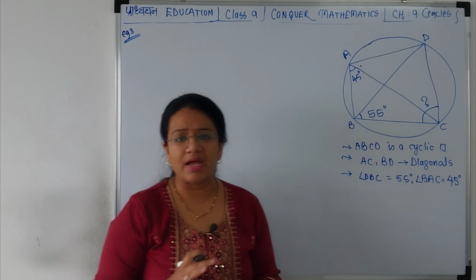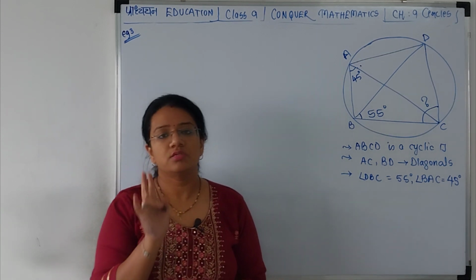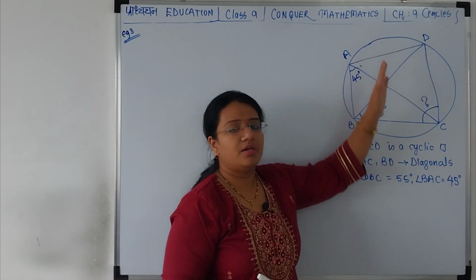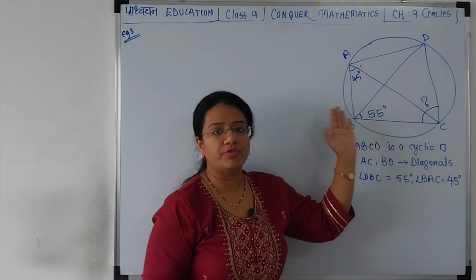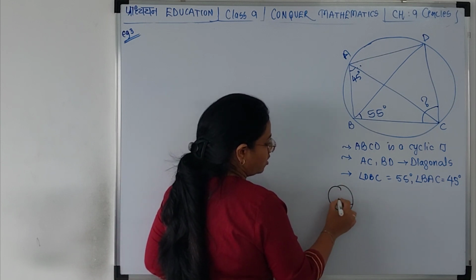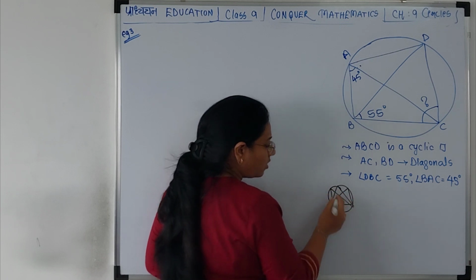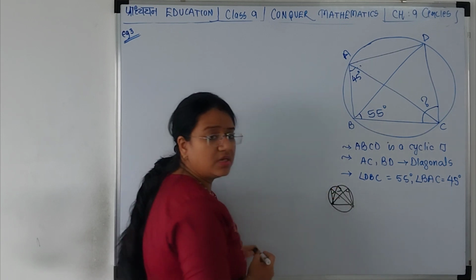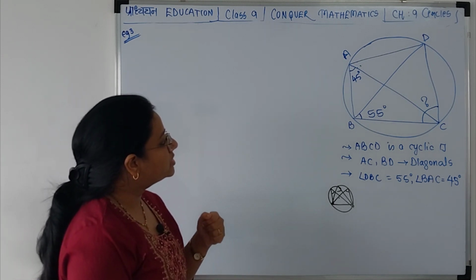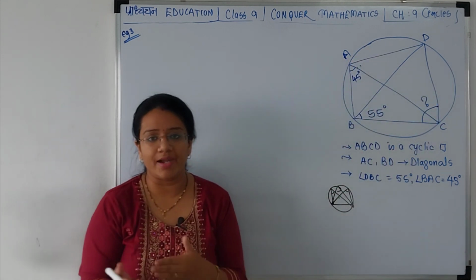This looks big and a little complicated, but it is not at all. Let's understand. Again, the two concepts that you have to apply are that the angles made by one chord on the same side of the circle are equal, like I explained in the last video, where this is the chord, this is the center, then these are the angles made by the chord on the same side, so these angles will be equal. So that is the concept that you have to utilize. And another concept that you have to use is that opposite angles of a cyclic quadrilateral add up to 180.